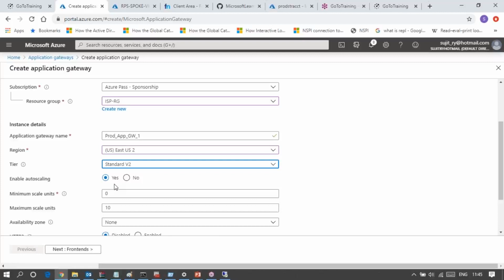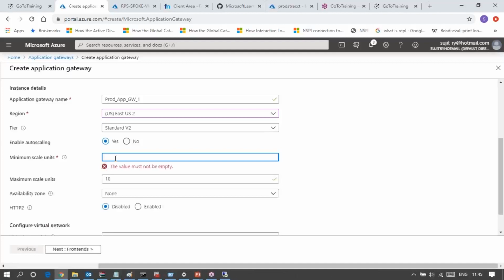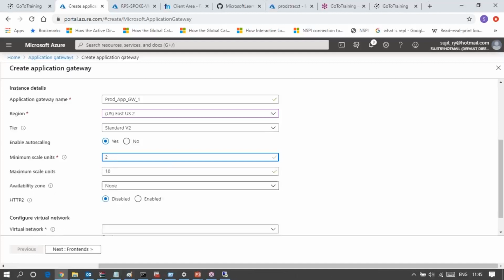That is a very good practice, not for on premises, I would say for the production environment. So for scale out units, let's say the minimum is 2 VMs always there, and the maximum scale out, let's say 5. So a maximum of 5 machines are present behind my application gateway.